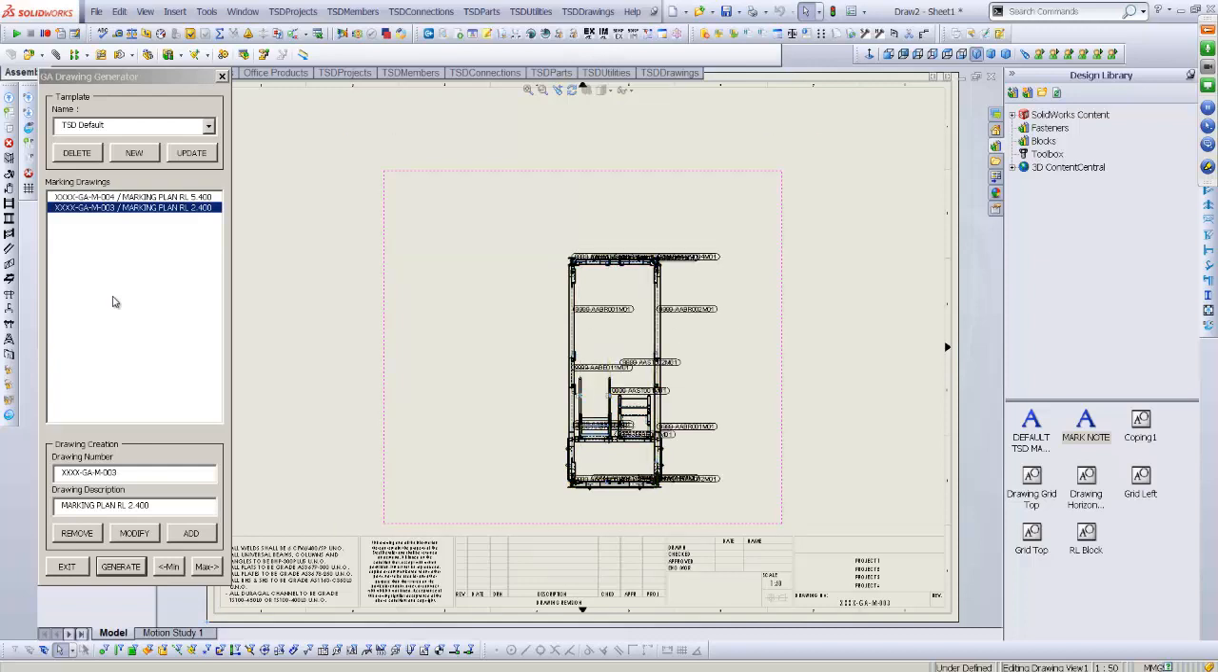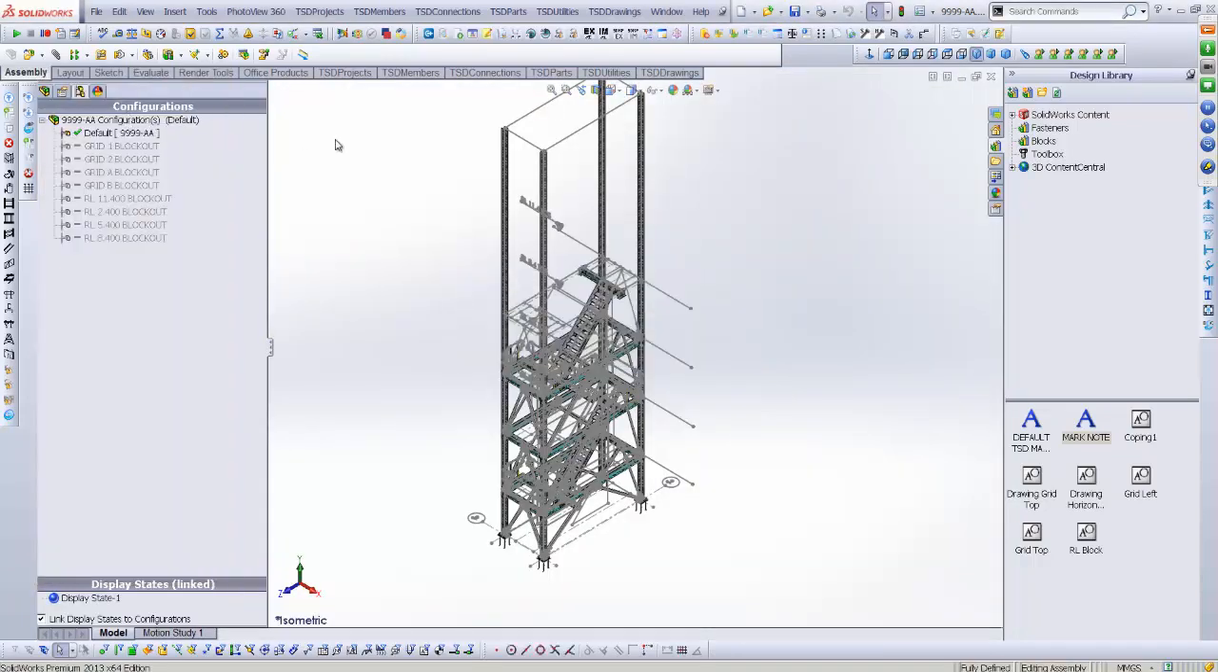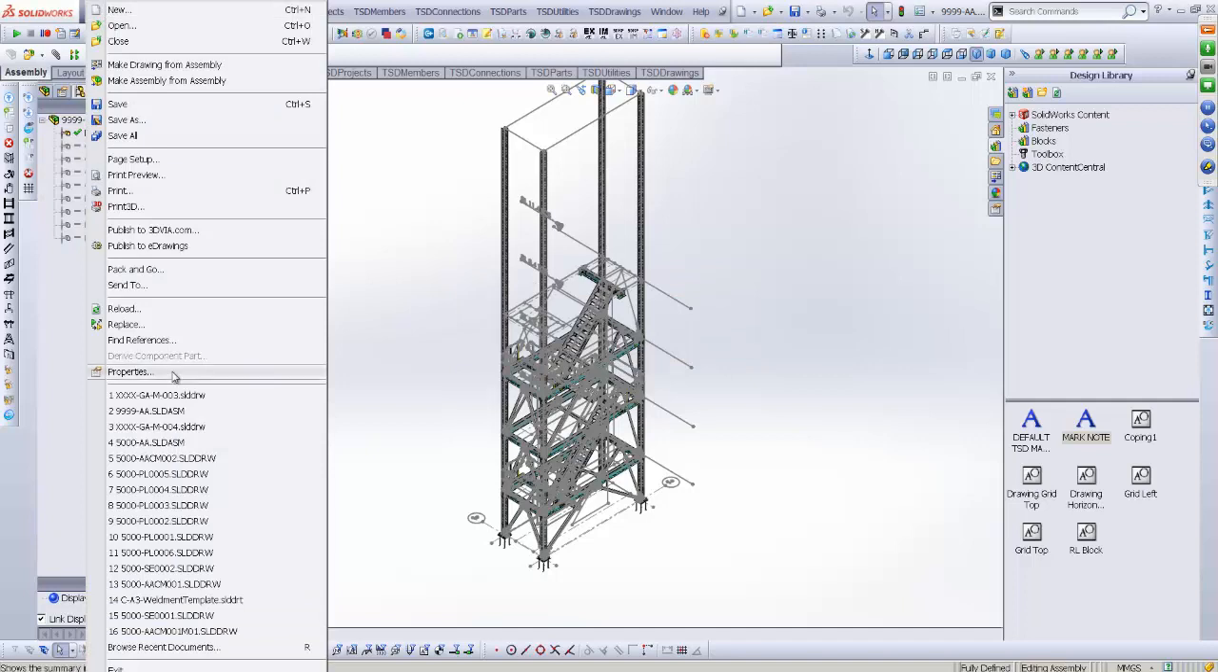This will save everyone a lot of time when it comes to GAs. GAs can take an enormous amount of time. We're just getting smarter with our product. So in 2014, this is something that is definitely going to be added. Alright, so there's the two drawings that have been created, and if I go into the drawings and open them up one by one,